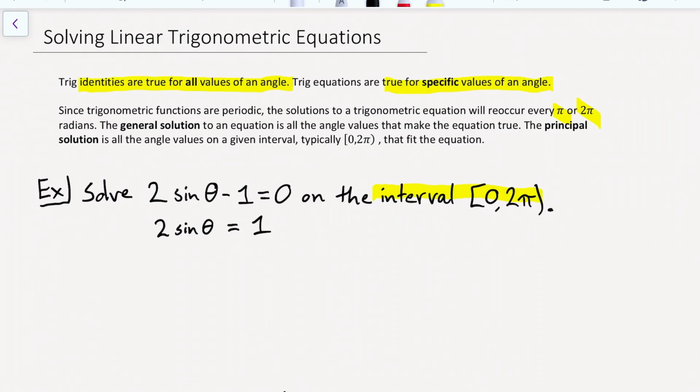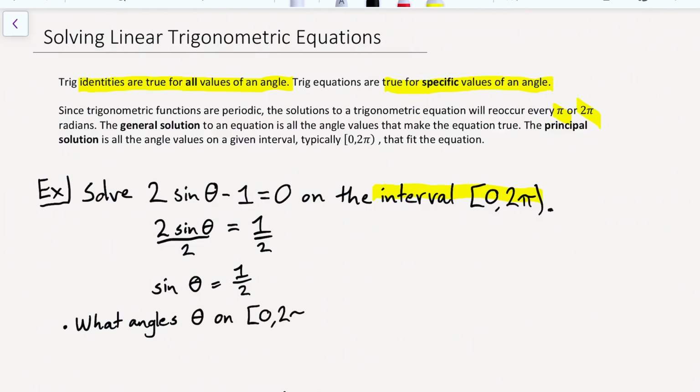So I can say 2 sine of theta equals 1, and divide by 2, we have sine of theta equals 1/2. So to solve for theta, you're asking this question: what angle theta, or we should say angles,